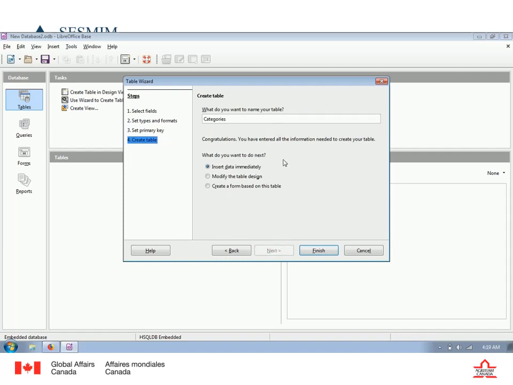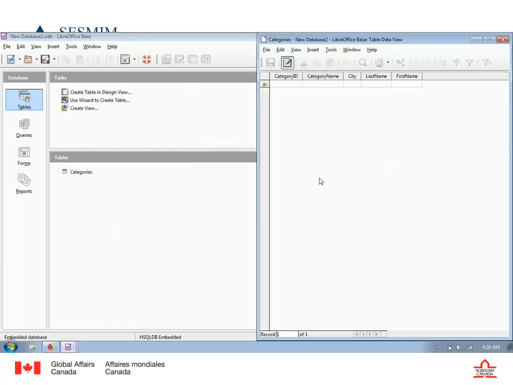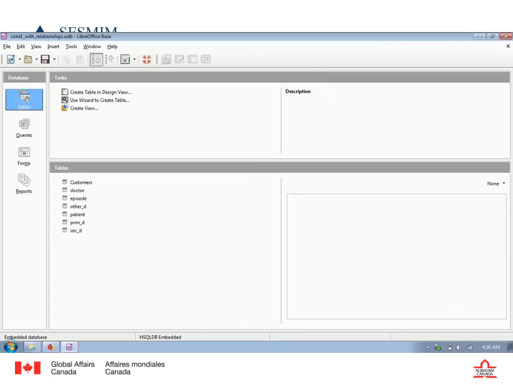I can name it. And then create. And so I have my table here is empty, but I could start to fill things in. So category 1. And so on. I have this existing database that I've opened up and has a number of tables already in it. So for example,